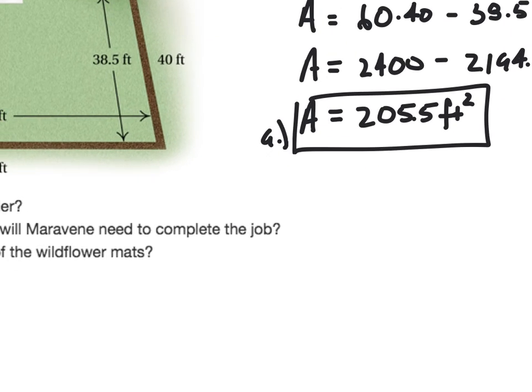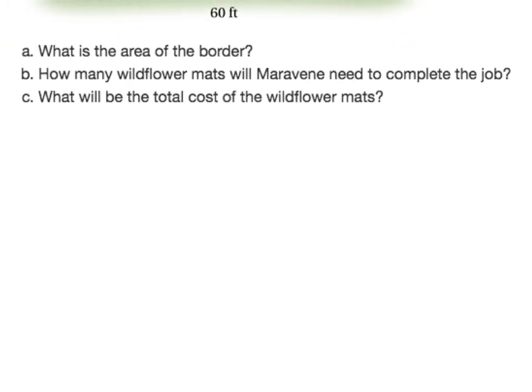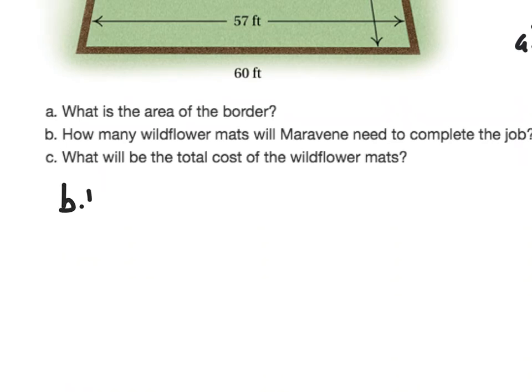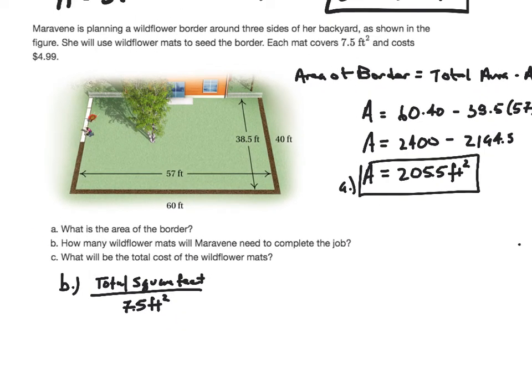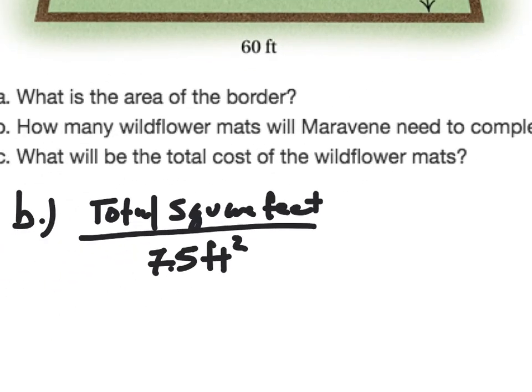Now that I know it's 205.5 square feet, I want to know how many wildflower mats we need to complete the job. So here's my logic. This is a little tricky, but I'm going to take the total square feet for the flower bed and then divide it by 7.5 square feet. The reason I do that is because they gave us that information here, that each mat covers 7.5 square feet. So if I take the total square feet and divide it by 7.5, it'll give me the number of mats that we'll need. So if we do 205.5 divided by 7.5,